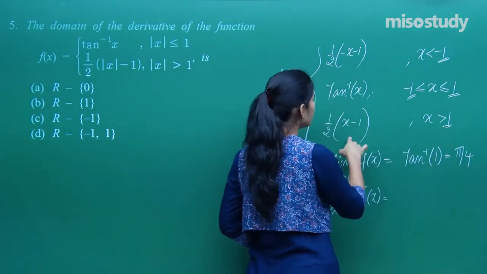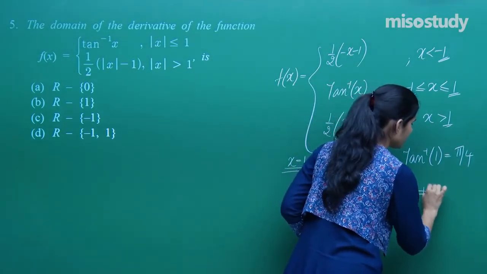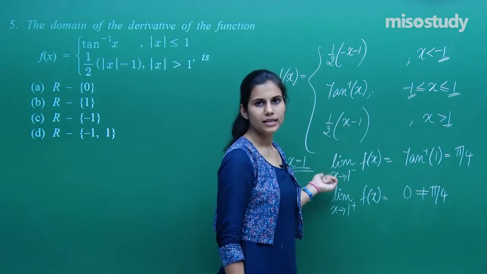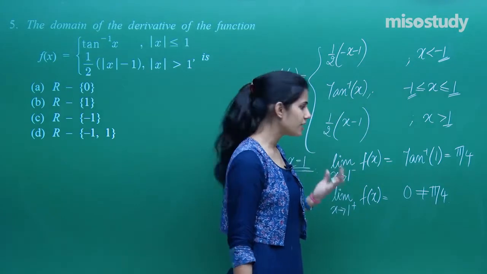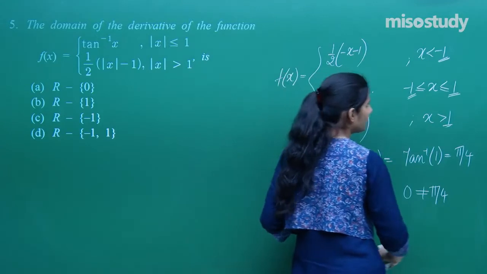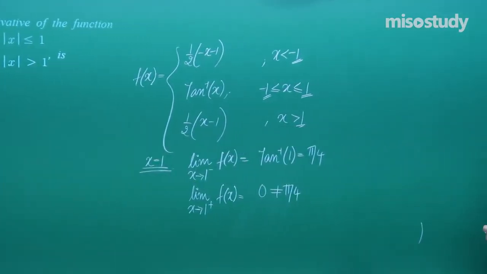X tends to 1 from the positive is 0, which is not equal to pi by 4. That means f is discontinuous at x equals 1. Not continuous at a point implies not differentiable at that point. So the function is not differentiable at x equals 1. Similarly, if I talk about the next interesting point in the situation, which is minus 1,